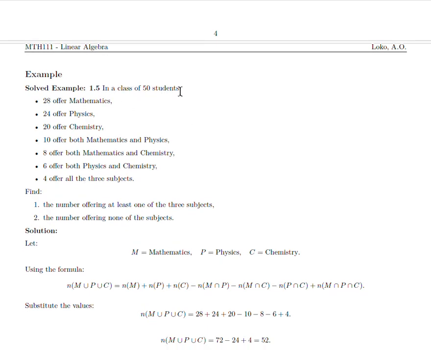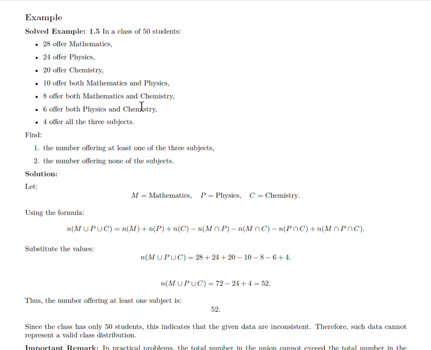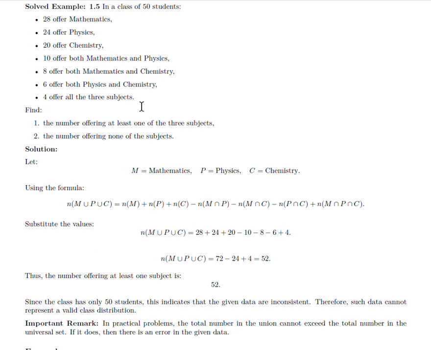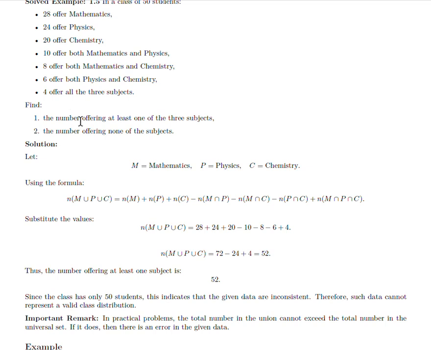In a class of 50 students, 28 offer maths, 24 offer physics, 20 offer chemistry, 10 offer both mathematics and physics, 8 offer both mathematics and chemistry, 6 offer both physics and chemistry, 4 offer all the three subjects. We're told to find the number offering at least one of the three subjects and then the number offering none